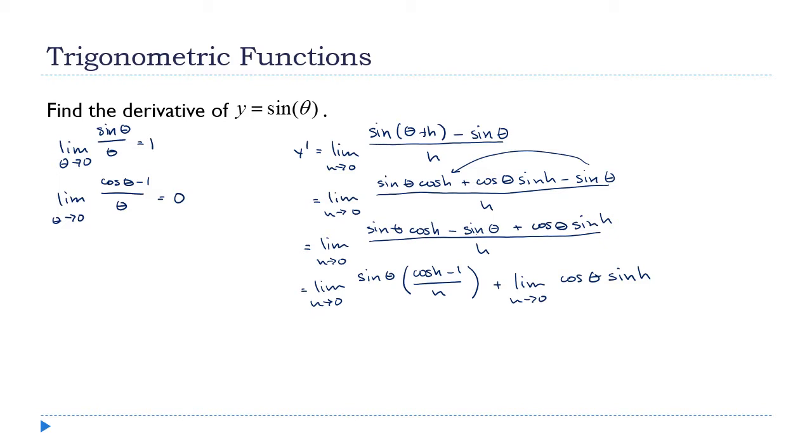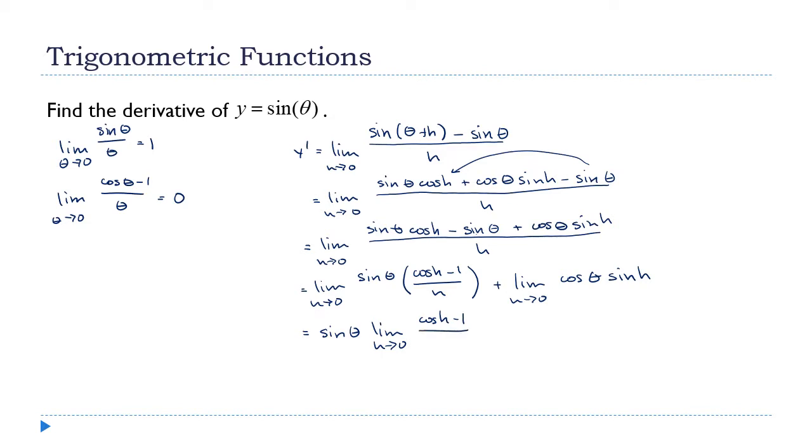I can treat it just like it was a constant and bring it out in front. So this is sine theta times the limit as h approaches 0 of cosine h minus 1